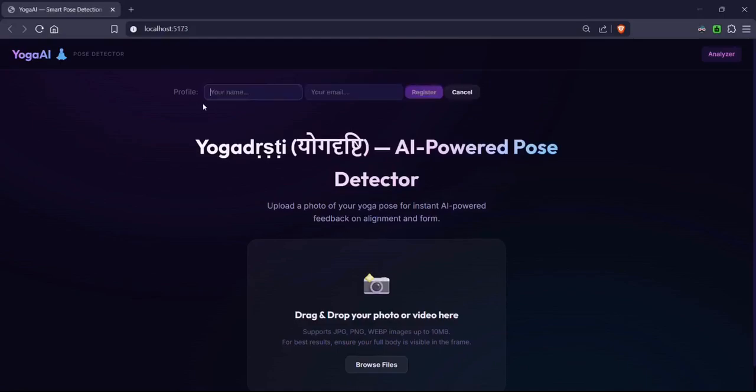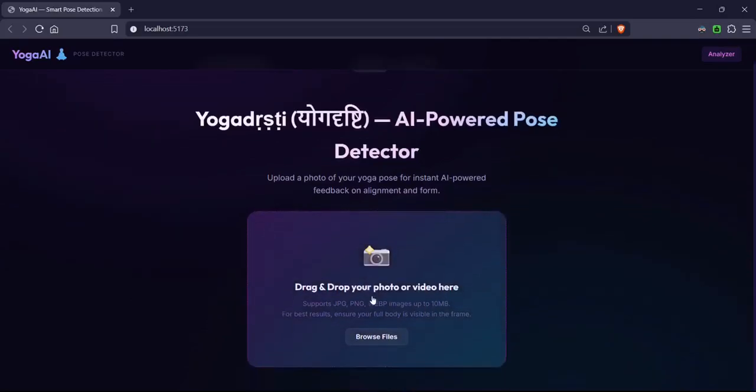Let me register a new profile. Since I like satire a lot and use satirical references in many of my posts and in many of my day-to-day conversations, I'm going to go with the username Arjun Cockroach. I'm going to create a profile and